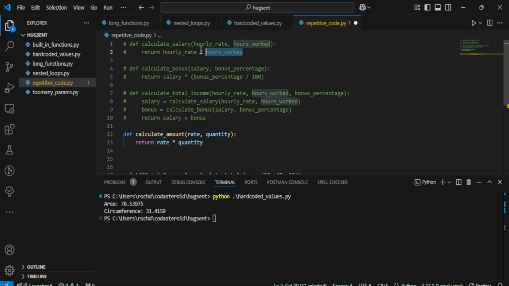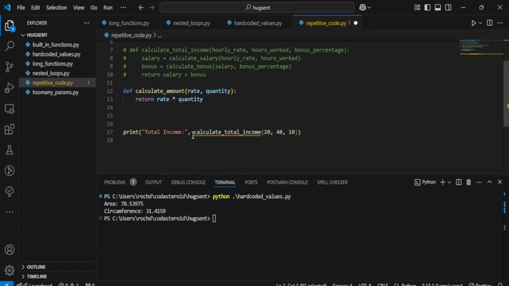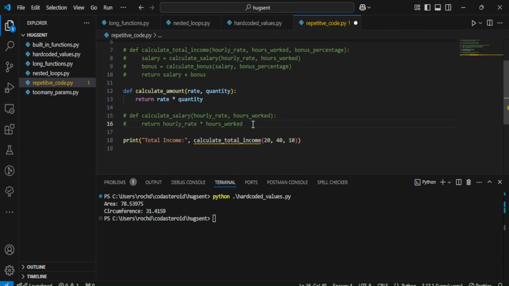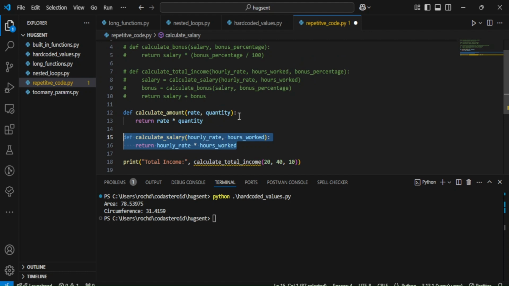So here we have this function. Let's copy it and paste it. Here we're gonna just comment it. And we have, as we know, calculate amount, that calculates the amount based on rate and quantity. So all we need to do now is to pass this function here. So calculate amount